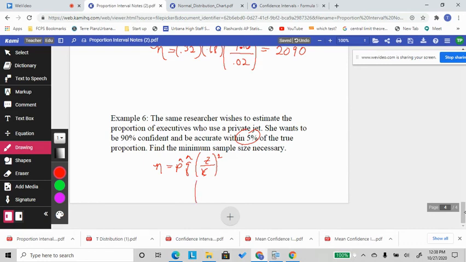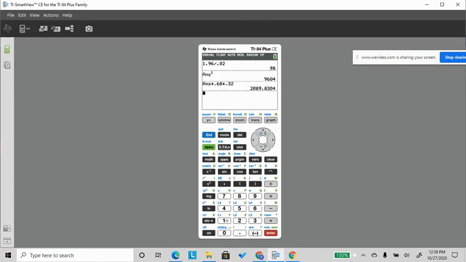We have a 90, which is 1.645. That tells us our z. And we have an error. We want to be within 5%. Don't put 5, put 0.05. We have no information about P and Q. So when you have no information, you always default to 50-50. It gives you the largest sample size, but when you don't know, you kind of want a larger sample size anyway. So we go to our calculator, we do